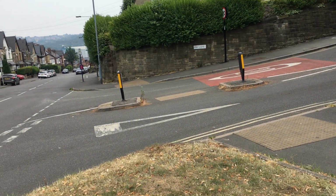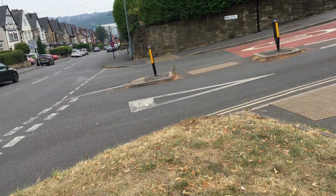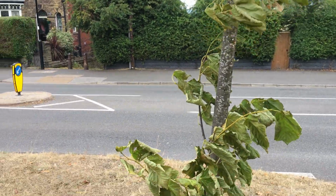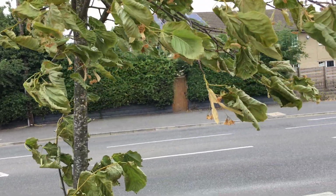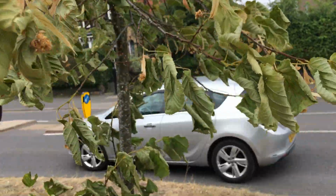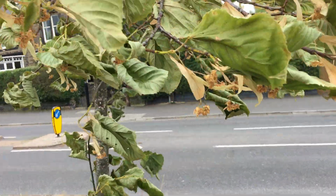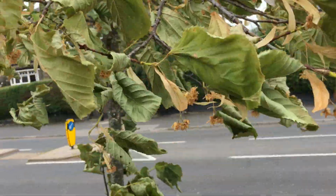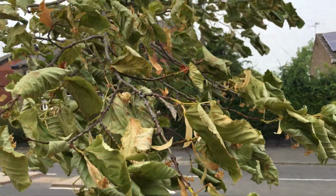I'm at the junction of Far Lane and Wadsley Lane, and I'm just wanting to water this tree here, because a week ago this tree looked absolutely perfect, very turgid, very healthy, but now you can see, after that incredible heat event, where it wasn't just the heat, it was the wind, it was just so hot yesterday, coming all the way up from Spain, from North Africa,